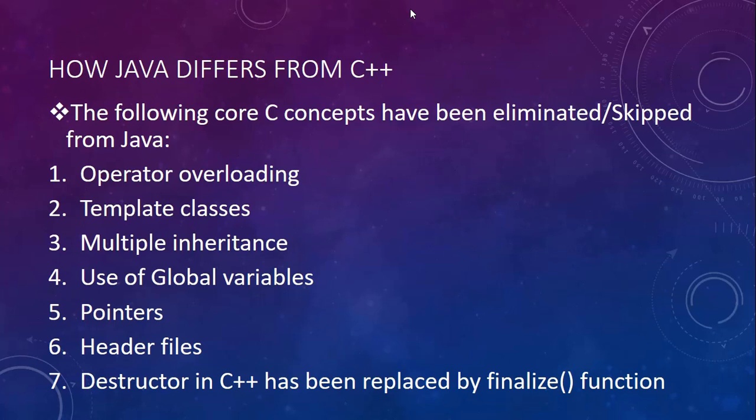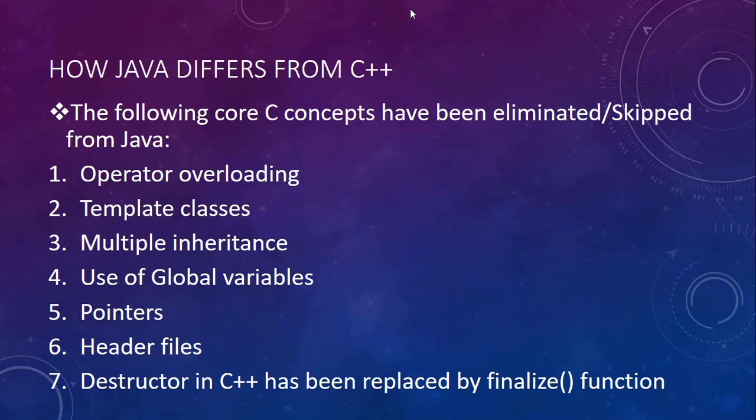Now, removing the multiple inheritance concept does not mean that Java cannot handle multiple inheritance. There is an altogether different concept, better than multiple inheritance, that we are going to see later: interfaces. Then the use of global variables. Global variables can freely move around the system; they don't have security. So in C++, global variables were allowed, but Java does not allow global variables. Any variable has to be declared within the class. Outside the class, you cannot define any variables in Java.